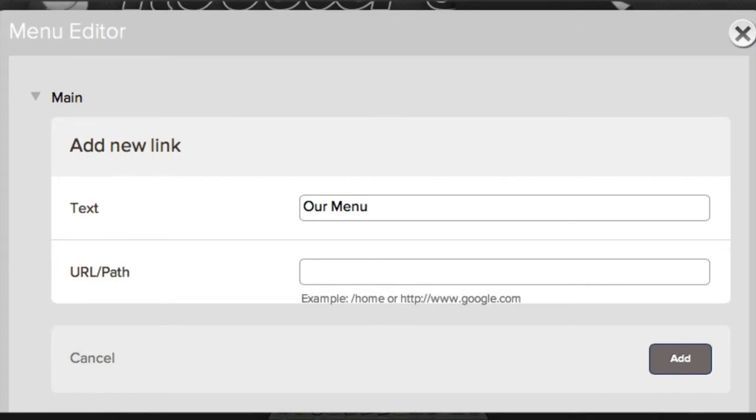Now, we don't have a page called our menu. So what we're going to do at this point is we're just going to name it as if it existed, and then we will show you how to create that in a little bit here. So we're going to name it our